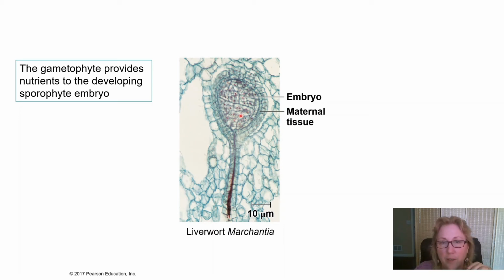So the embryo here is diploid, that's the sporophyte. This little embryo is the sporophyte, but it's completely dependent on the gametophyte. The gametophyte tissue around it is giving it nutrition for a while. Eventually the sporophyte is going to enlarge much larger than this and then go through meiosis and produce haploid spores.